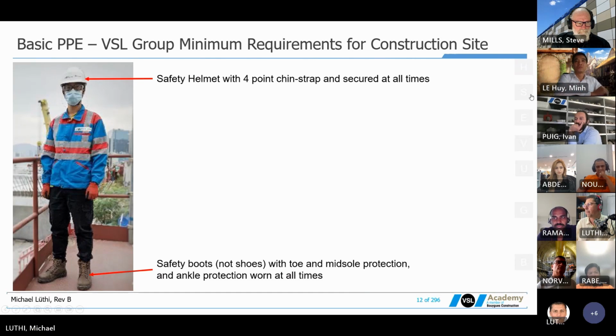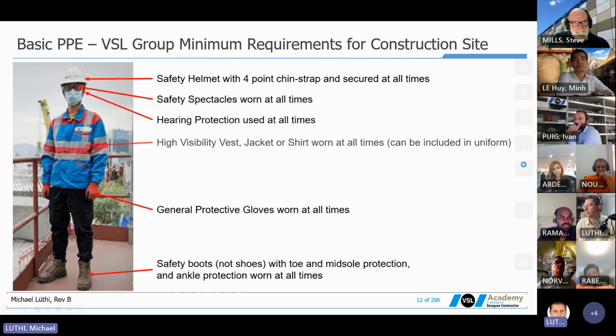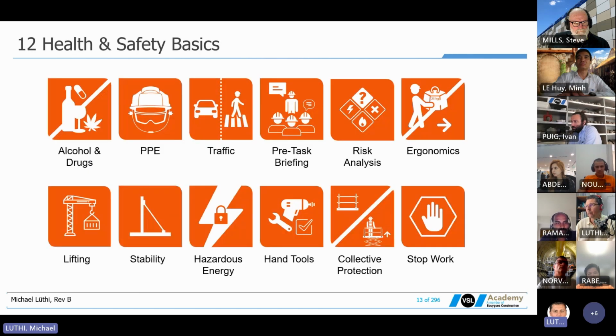What else? Safety glasses. Yeah, spectacles. So these are safety spectacles and not prescription spectacles. What else? Uniform, gloves, reflective vest. Yeah, and then we have these things. Okay, ear protection and either a high visibility vest or a long sleeve uniform that has the high visibility built in. And the gloves should be level 4 gloves with the Euronorm ISO sign on it.